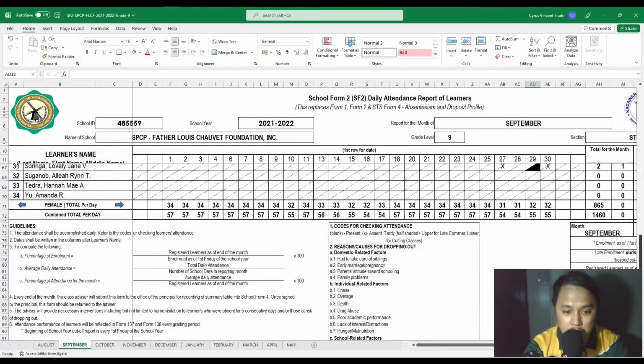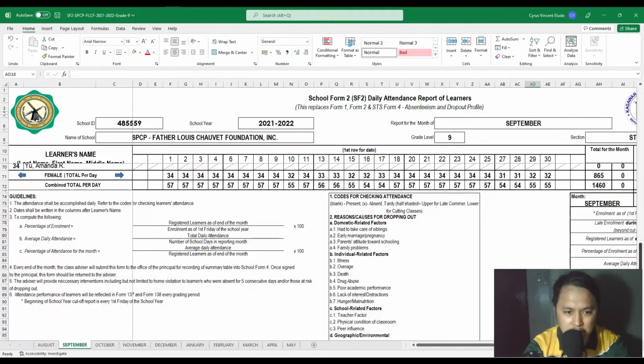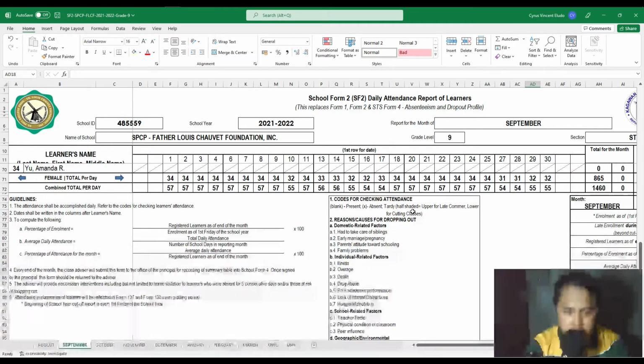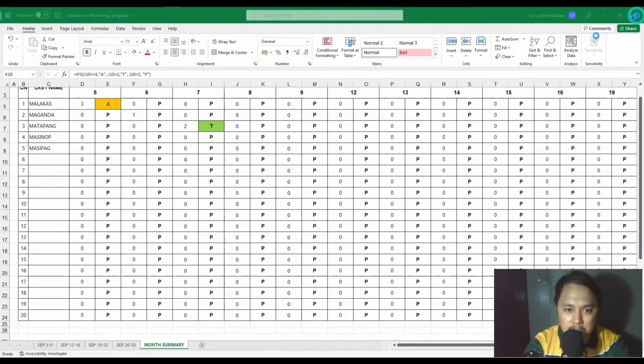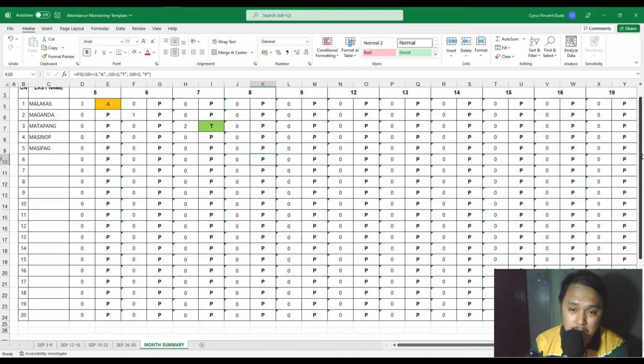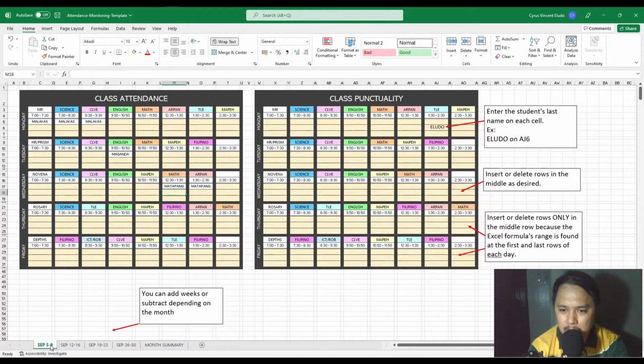Because half triangle would mean, where's the half triangle? Half shaded, something like that. Tardy, right? So that's just a sample, okay? Or maybe you can use the school form right away, okay? But for me, there are some things easier, at least for the everyday, because the school form doesn't